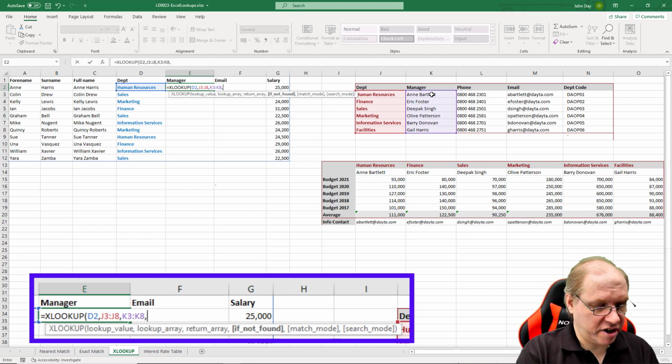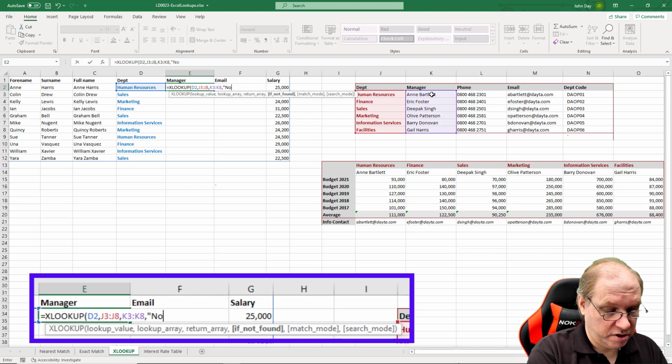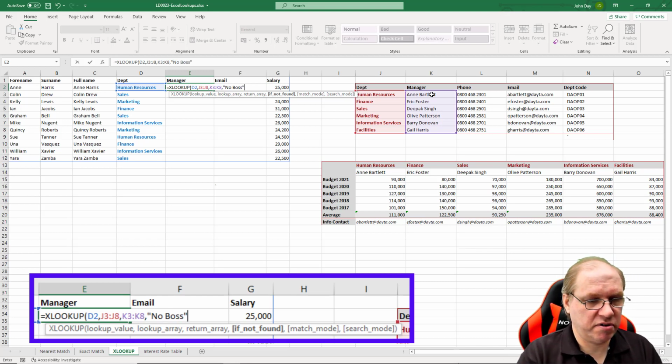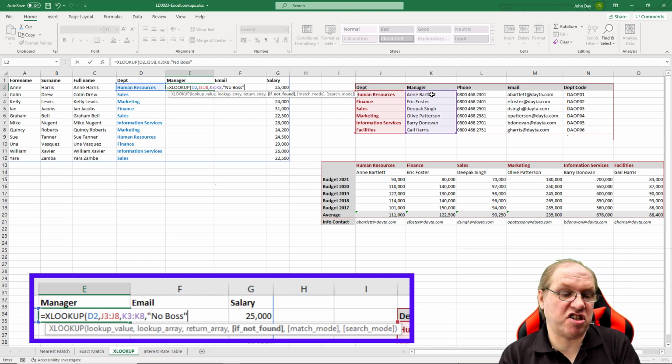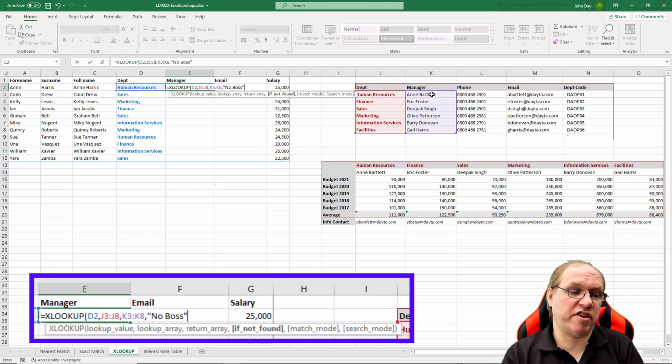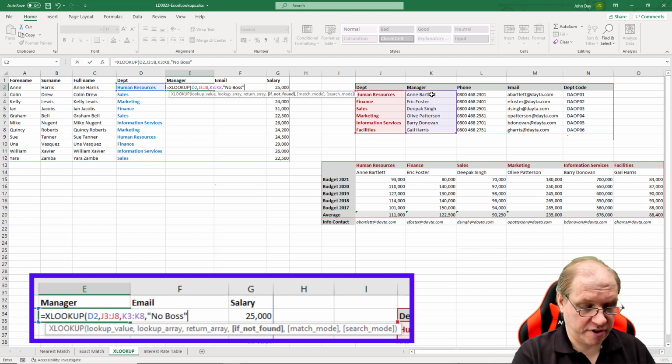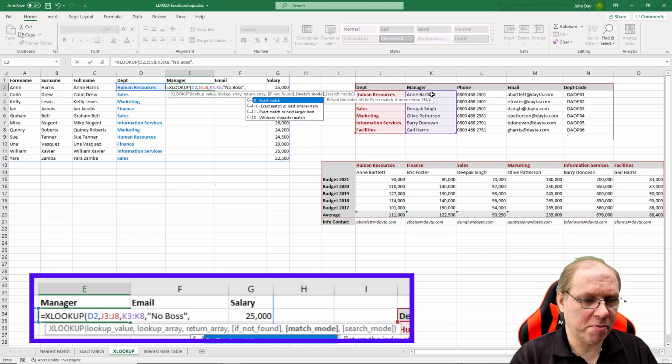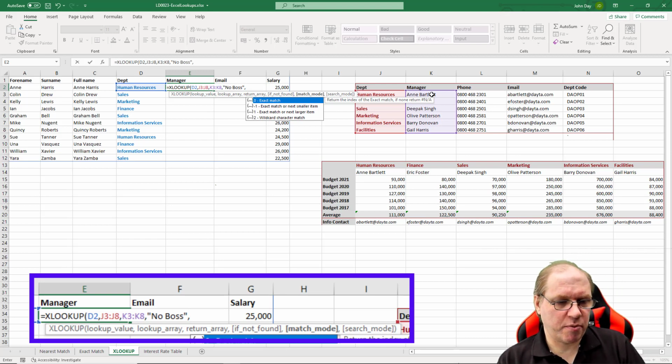So I'm going to go in and say, well, actually, just going to put in there "no boss". I could put anything I like. It's just some text. I could put a 0 in there. I could put anything I want. So that would do fine. Comma. Now it's asking, okay, when we look for the return of the index, am I going to look for